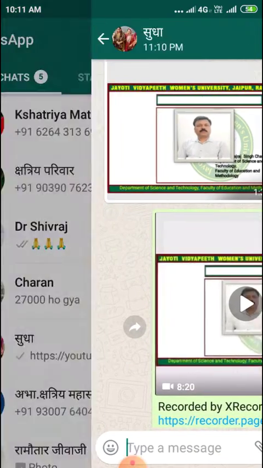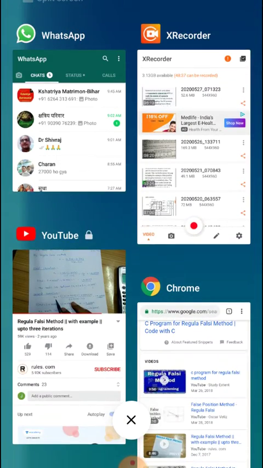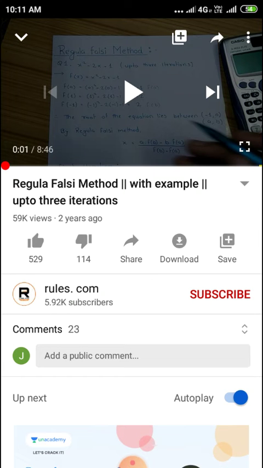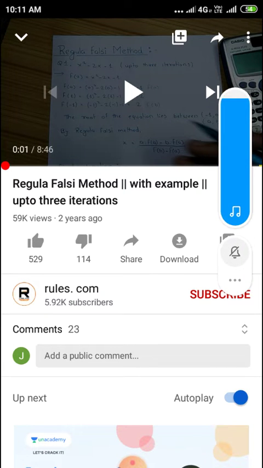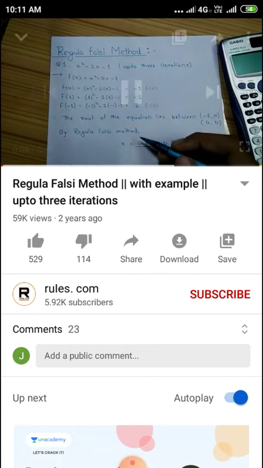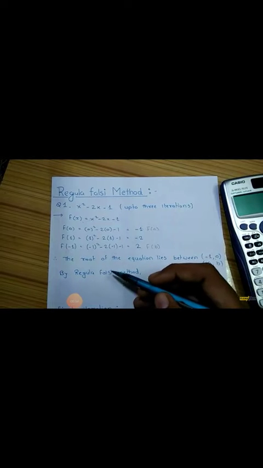The Regula-Falsi method is given here. This method is just like the bisection method. This is the regular problem of the Regula-Falsi method.